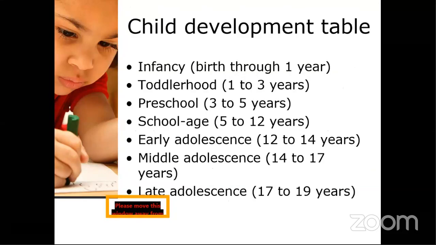Next, we'll come to the child developmental table. How will we do the child development? Here we have many age classifications: infancy, toddlerhood, preschool, school, early adolescence, middle adolescence, and late adolescence. Infancy means from birth to 1 year. Toddler, we are all studying about this, all we are knowing. Next,